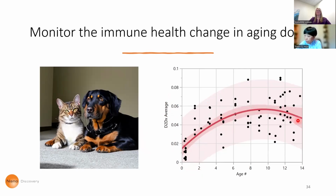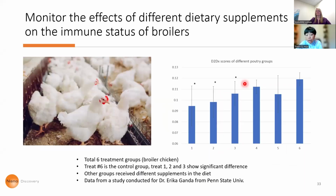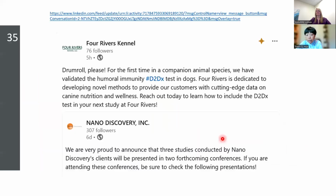But then once you get to senior, geriatric age, they actually decrease, but I wouldn't say it's such a uniform decrease. You definitely see some things, the immune status getting more and more different. Some goes quite a lot lower, and some goes higher, very high. So this is about the